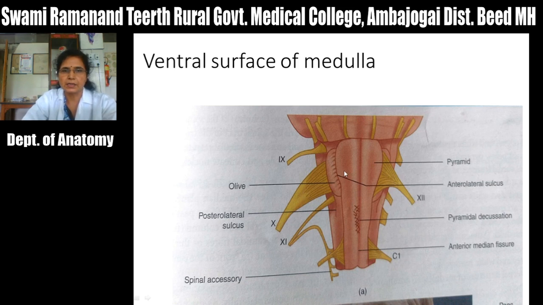As it lies in the anterior part of the posterior cranial fossa, anteriorly this medulla is related with the upper surface of the basilar part of the occipital bone, then the upper part of the odontoid process of atlas, membrana tectoria, upper band of cruciate ligament, apical ligament and anterior atlanto-occipital membrane.